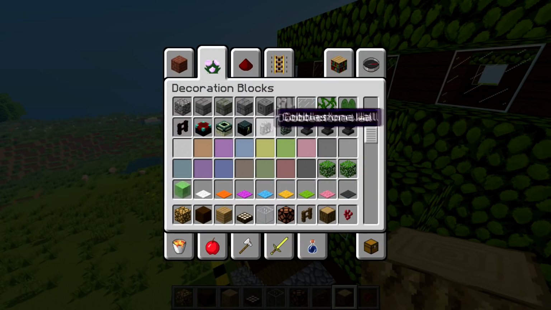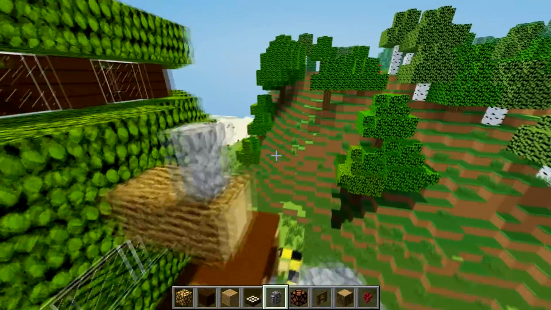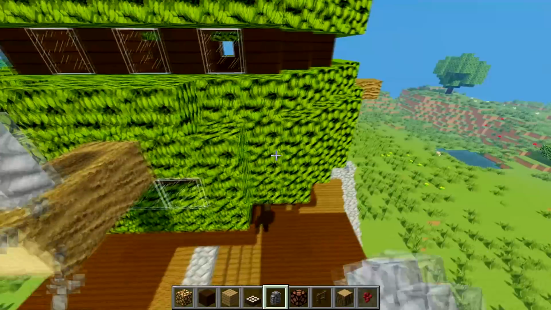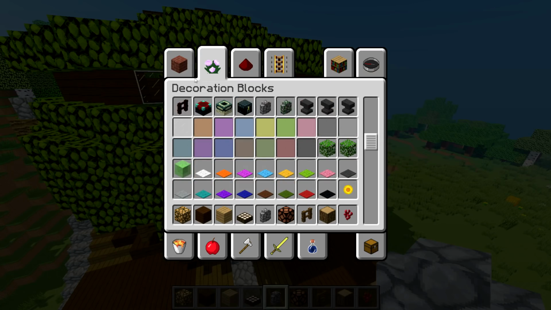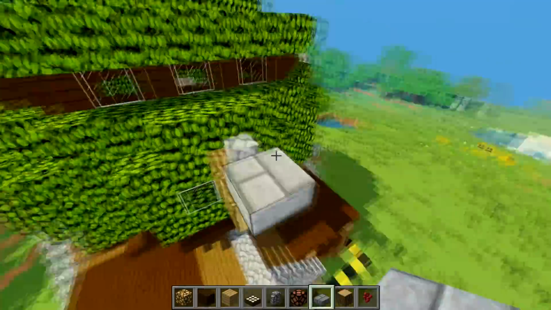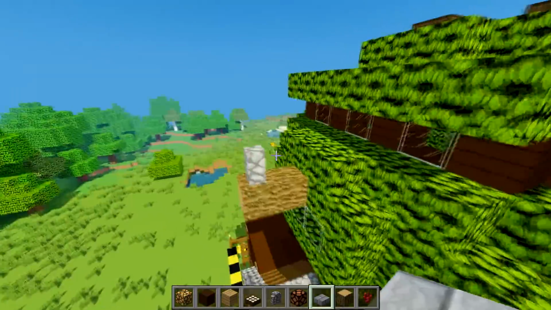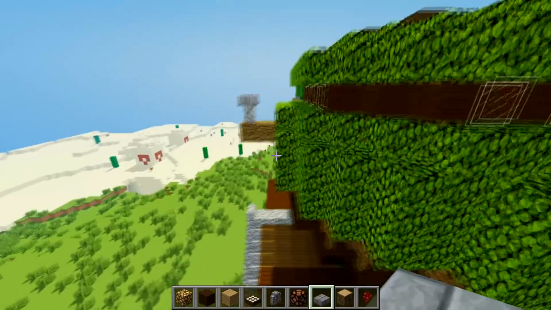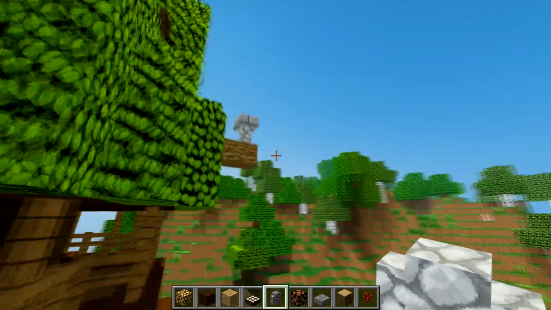So you grab your cobblestone wall on top of each one, like this, and then on top of that you can obviously put whatever block you like. You can put some stone if you've got some stone, you can put some cobblestone if you've got cobblestone, you can use some slabs if you've got slabs. It's your choice really. And then we're going to put one here underneath each one,